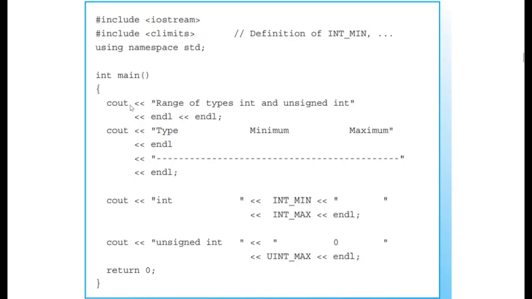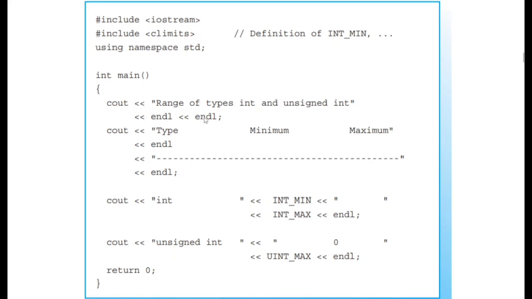And cout basically prints out to the console. So it's something to bear in mind. The direction of the arrows is important because it works with cout. It's an operator. Now, in here, we are outputting the following message: range of types int and unsigned int.